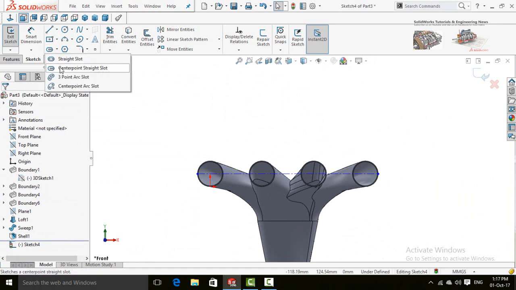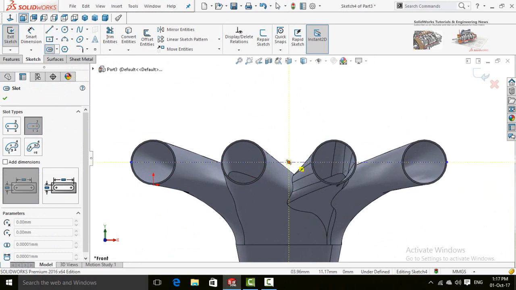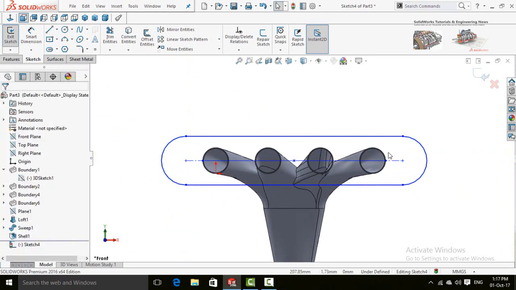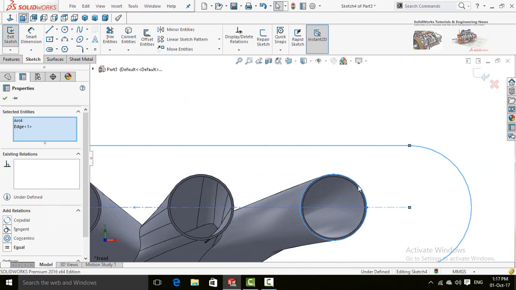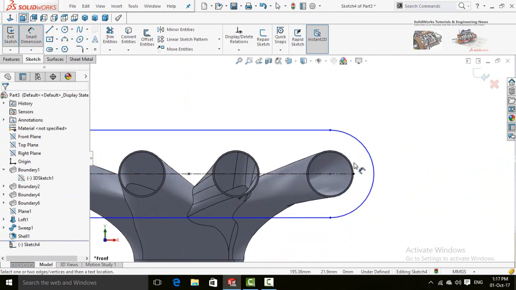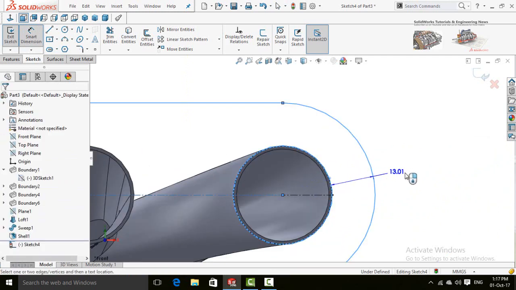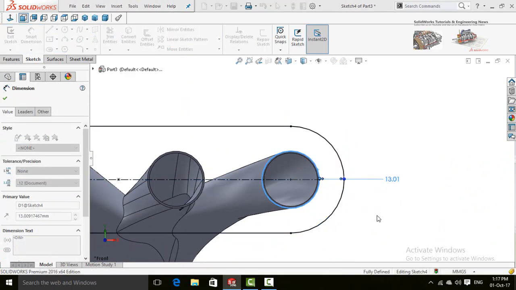Now draw center point straight slot. Start it from this midpoint and draw it. Now click on this arc, then this circle, and make them concentric. Define it from this arc to this circle. The distance is 5 millimeters.